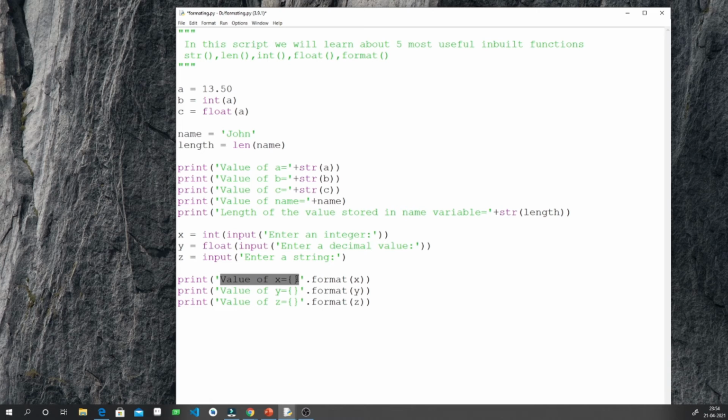The curly braces indicate to the Python interpreter to fetch the value from the parameters that are present in the format method. Like this all the other ones also do. And let's print the length of x or the length of z. Sorry, we have to print the length of z.